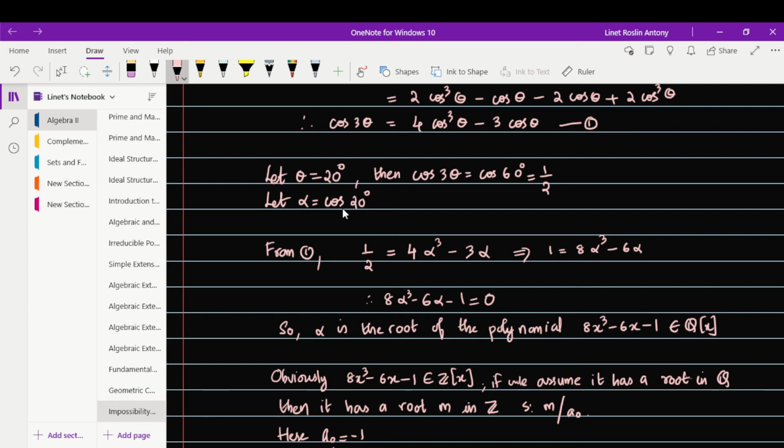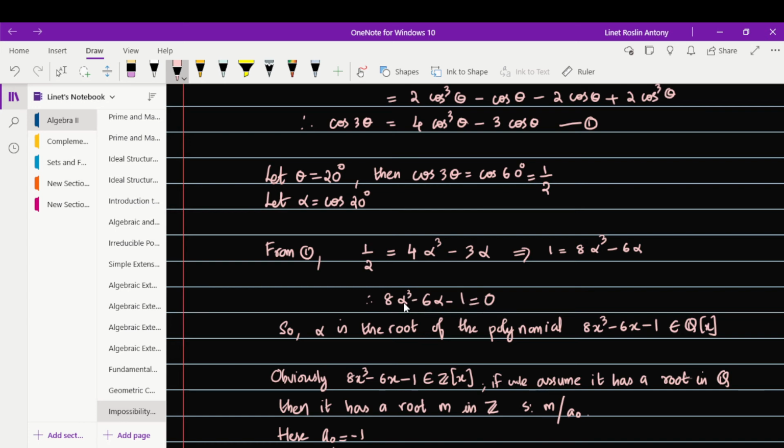Okay. So we are going to enter all these values into this equation number 1. So from 1, we know that cos 3 theta, when theta is equal to 20, you get that to be equal to 1 by 2 from this. Okay. And 4 cos cube theta, that is 4 cos cube, the cos theta the whole cube. Here cos theta is nothing but cos 20, right? So you can write it as 4 alpha cube. Okay. Minus, instead of cos theta, we will write alpha. So you have 1 by 2 is equal to 4 alpha cube minus 3 alpha. And on simplification, we get this to be equal to 8 alpha cube minus 6 alpha minus 1 is equal